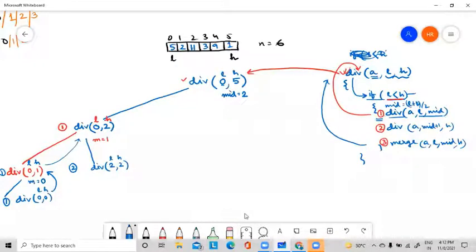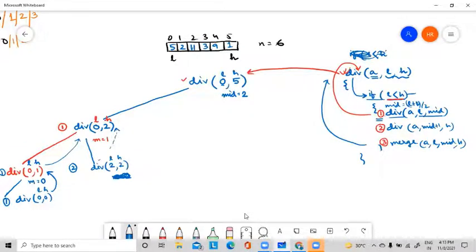Now it will call the second diff function from this. Now what is the new mid value for this diff? L is 2, H is 2, so mid value is 2, correct? Okay, now for this, since L is not equal to H, sorry, this will not be calculated. So here L and H are equal, so again it will come back to this position.